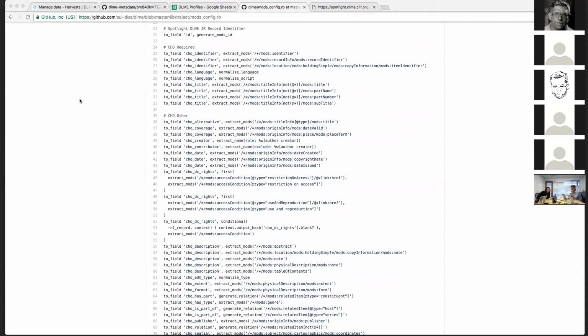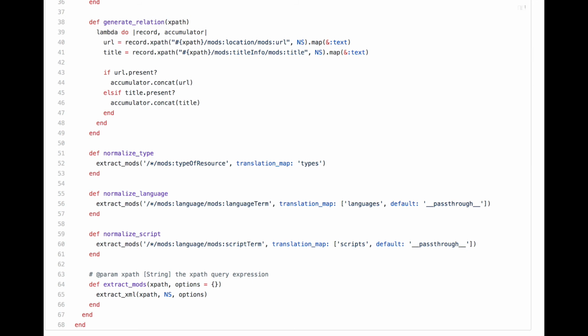You can also see we add some MODS-specific lookups or logic to our own macros. So for language, we have a normalized language function, that's row 28. That ends up in a MODS macro to check where we know in MODS that a language value would occur, and then to match that against what Traject calls a translation map to get the controlled values that we would like.